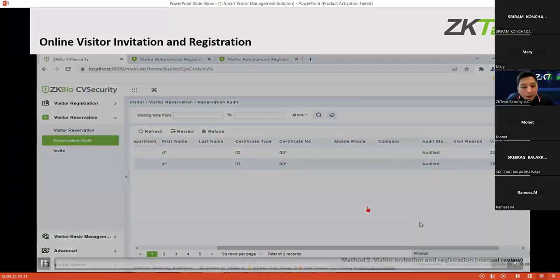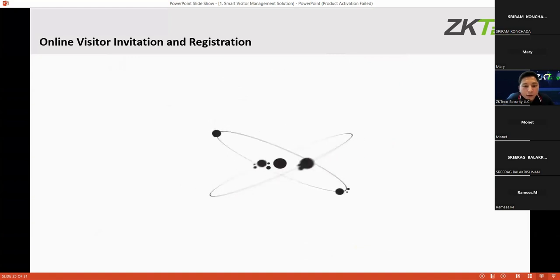As you can see, it's been audited both manually and automatically. So that's how you do visitor invitation and registration, also on the visitor's port.